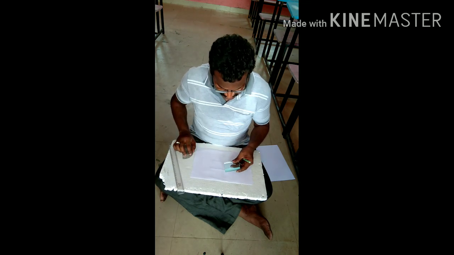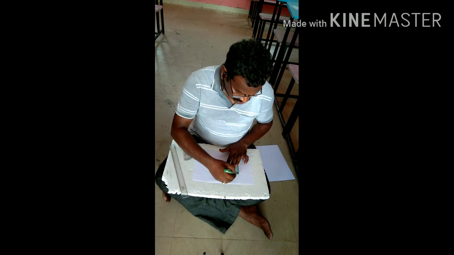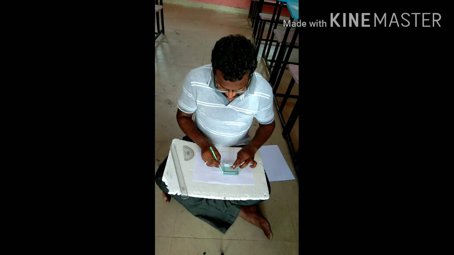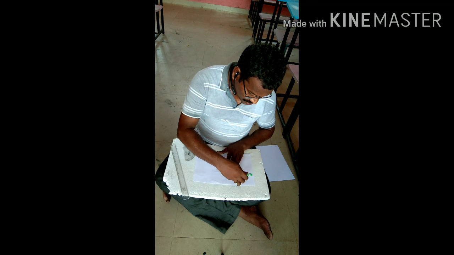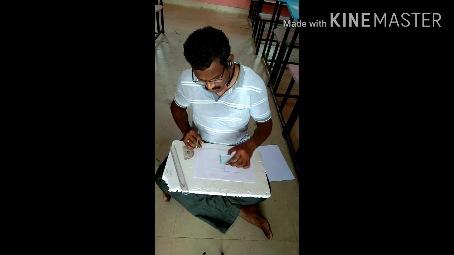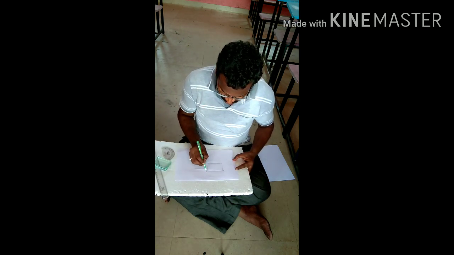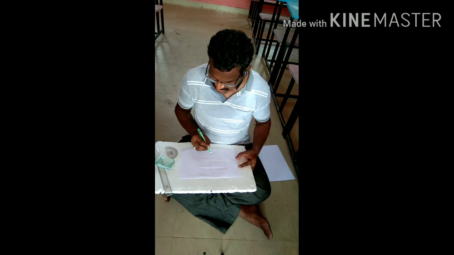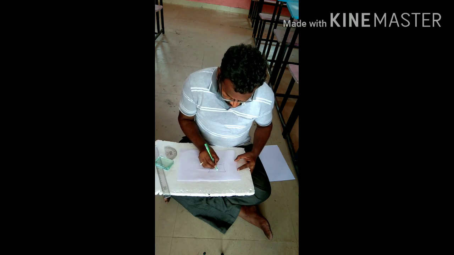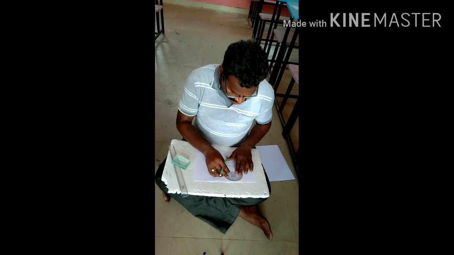Now, let us do the activity. First of all, place the rectangular glass slab of thickness 2 centimeters on the white paper and draw the boundary surfaces. I am drawing the boundary of the glass slab. Now, remove the glass slab. We can understand the rectangular slab as ABCD. Now, identify a point on AB. I identified the point on AB, placing the compass at the particular point,